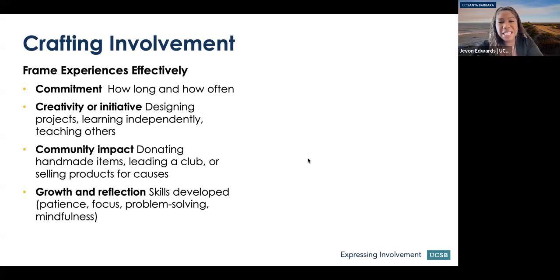And then taking that money to give back to the community. Were they deciding to showcase initiative and decided to learn how to knit and sew on their own? Were they, again, as I mentioned, teaching others how to do it? What was the community impact? Again, I talked about, are they selling it? Are they donating it? Somebody mentioned in the chat, are they giving their knitting and creations to NICU